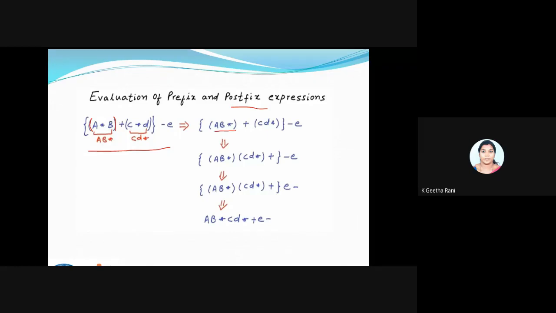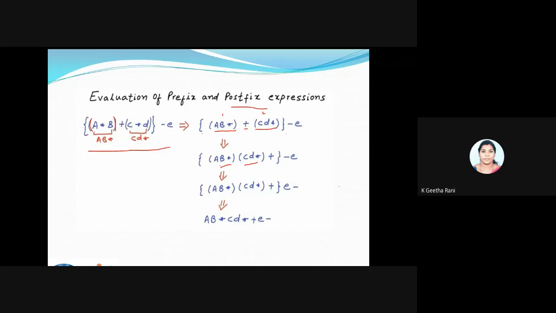Fine. Next, I'll go for my second bracket. Okay, bracket has a priority, so I'm going for the second bracket. We have C star D. So I'm applying a postfix for this. So C D star. Okay, it's over now. So now what I will do, I'm having a bracket, and inside this bracket, I'm having a plus. Now this will act as the first operand and this will act as the second operand, and my operator is going to be plus. So my first operand, second operand, and my plus sign, since I'm applying postfix here.